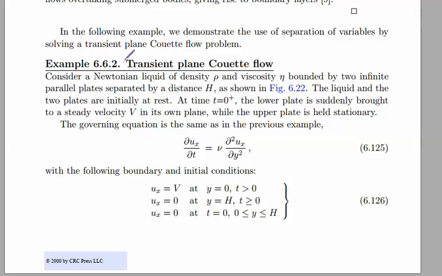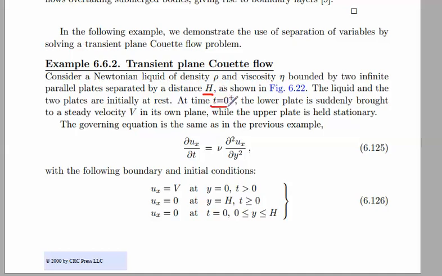We consider some Newtonian liquid, which has density rho, and the viscosity of the liquid is eta, and this Newtonian liquid is bounded by two long infinite parallel plates, and the distance between the parallel plates is h. We also assume that the liquid between the two plates is initially at rest, and